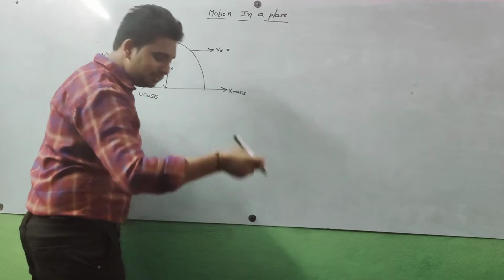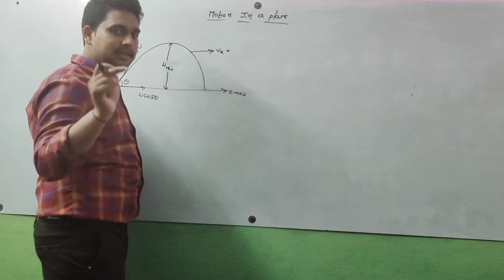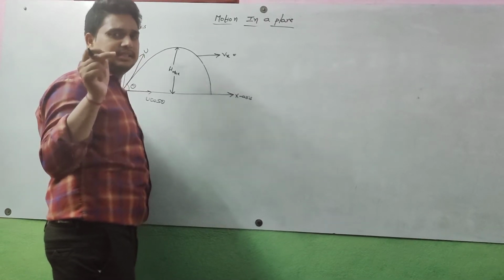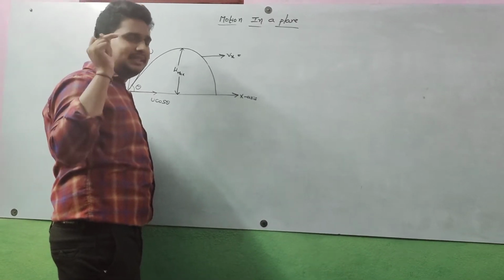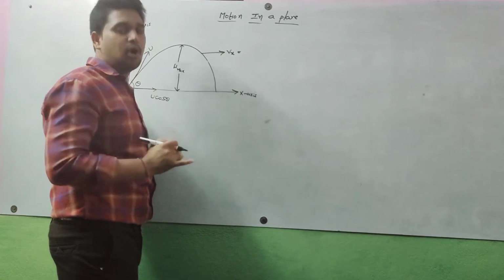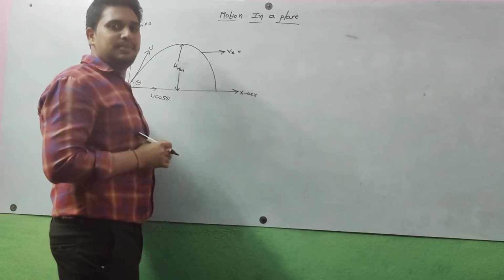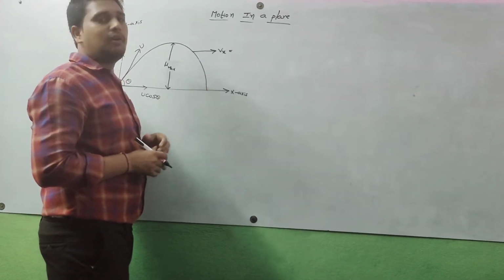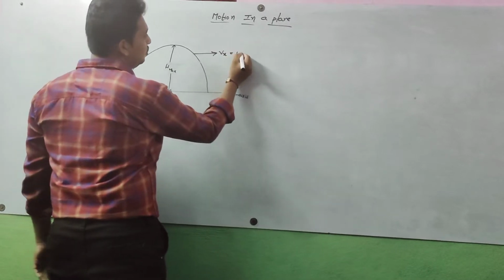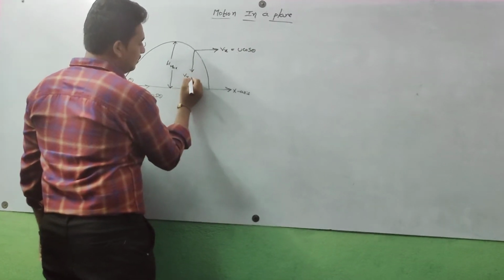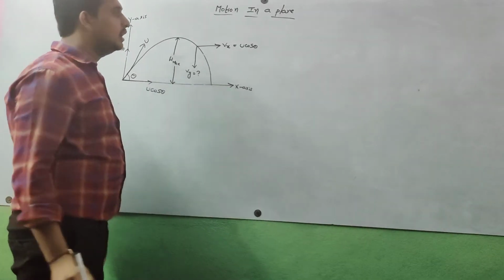In horizontal motion velocity is constant. Please go through previous lectures because these are linked lectures. If you didn't see the previous lecture, you can't understand whatever I discuss now. So please go through previous lectures. Now what we got, final velocity in case of horizontal motion, Vx is equal to u cos theta only. So now Vy we need to find in vertical motion.